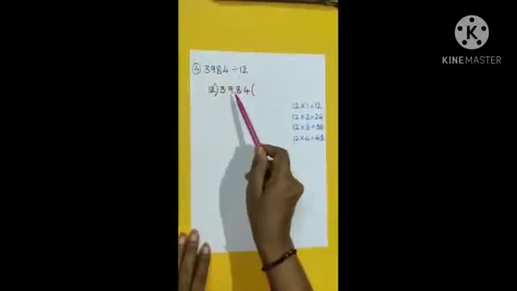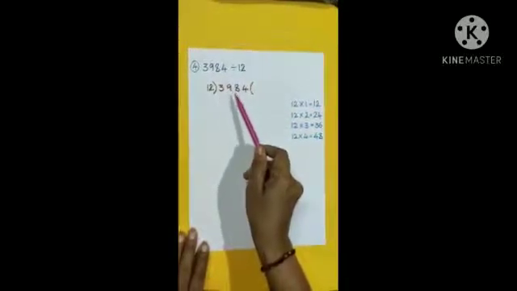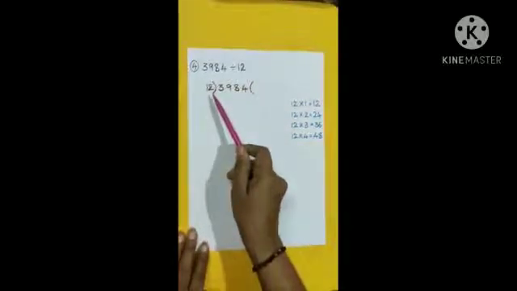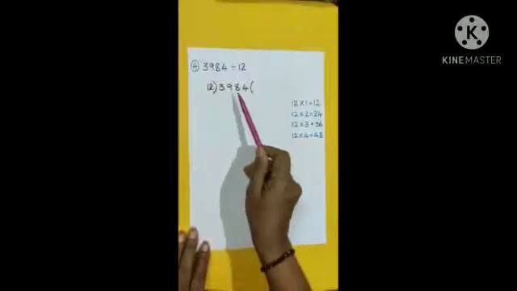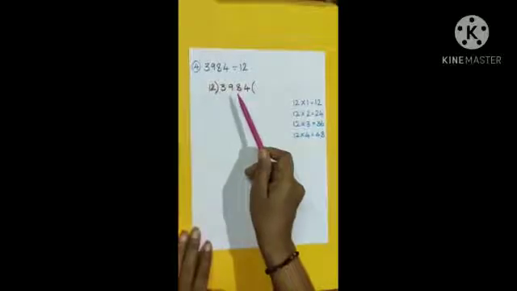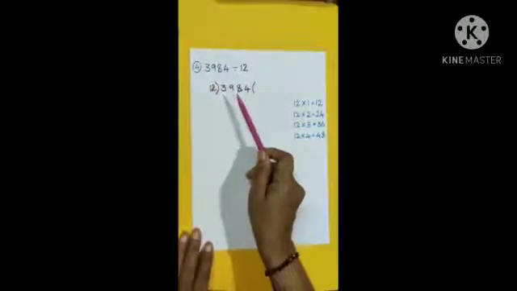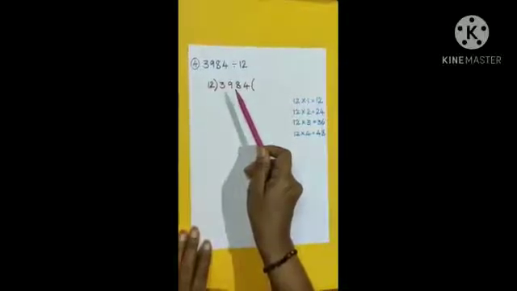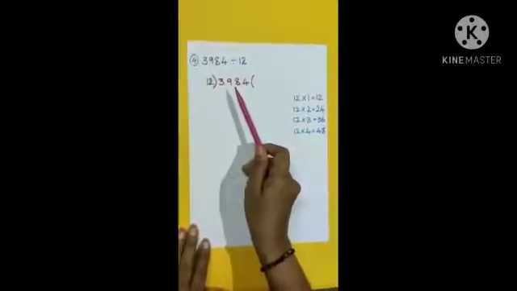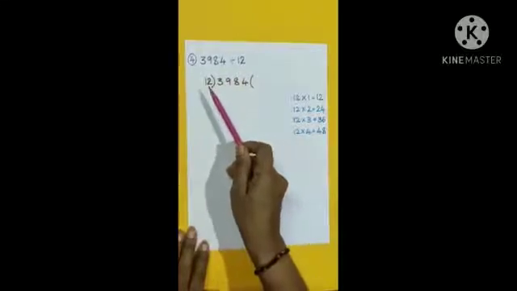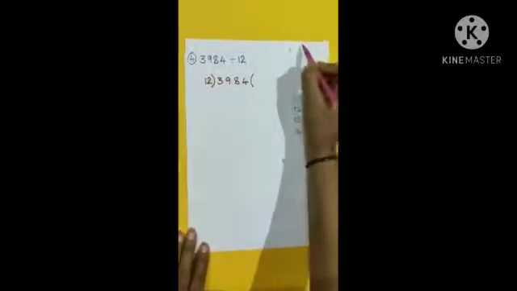Now, let us arrange the numbers. We write 3984 in between the brackets and 12 to the left side of the bracket. We start comparing the digits of the dividend with the divisor. Also start checking from the highest place. Here in 3984, which is the highest place, children? Yes, thousands place. What is the digit that is in thousands place? Yes, 3. Now compare 3 with the divisor 12. 3 is lesser than 12.